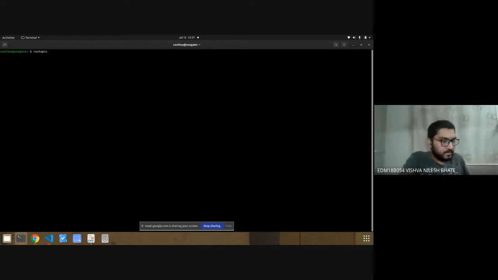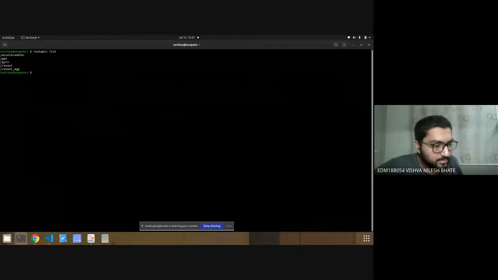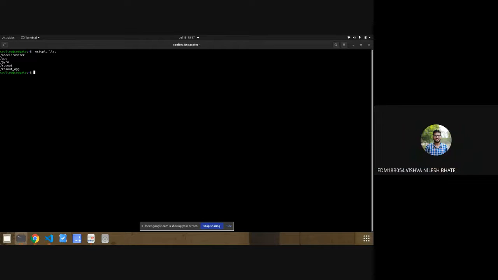Currently what I've done is I've just selected 3 topics: accelerometer, GPS, and gyroscope. Only 3 data topics I have created, because it's not decided which sensor data will be sent from the smartphone. Based on that, we have to decide the topics. So right now I've just chosen these 3 topics as incoming for sure, and I'll hit send from over here. And if I do rostopic echo accelerometer,